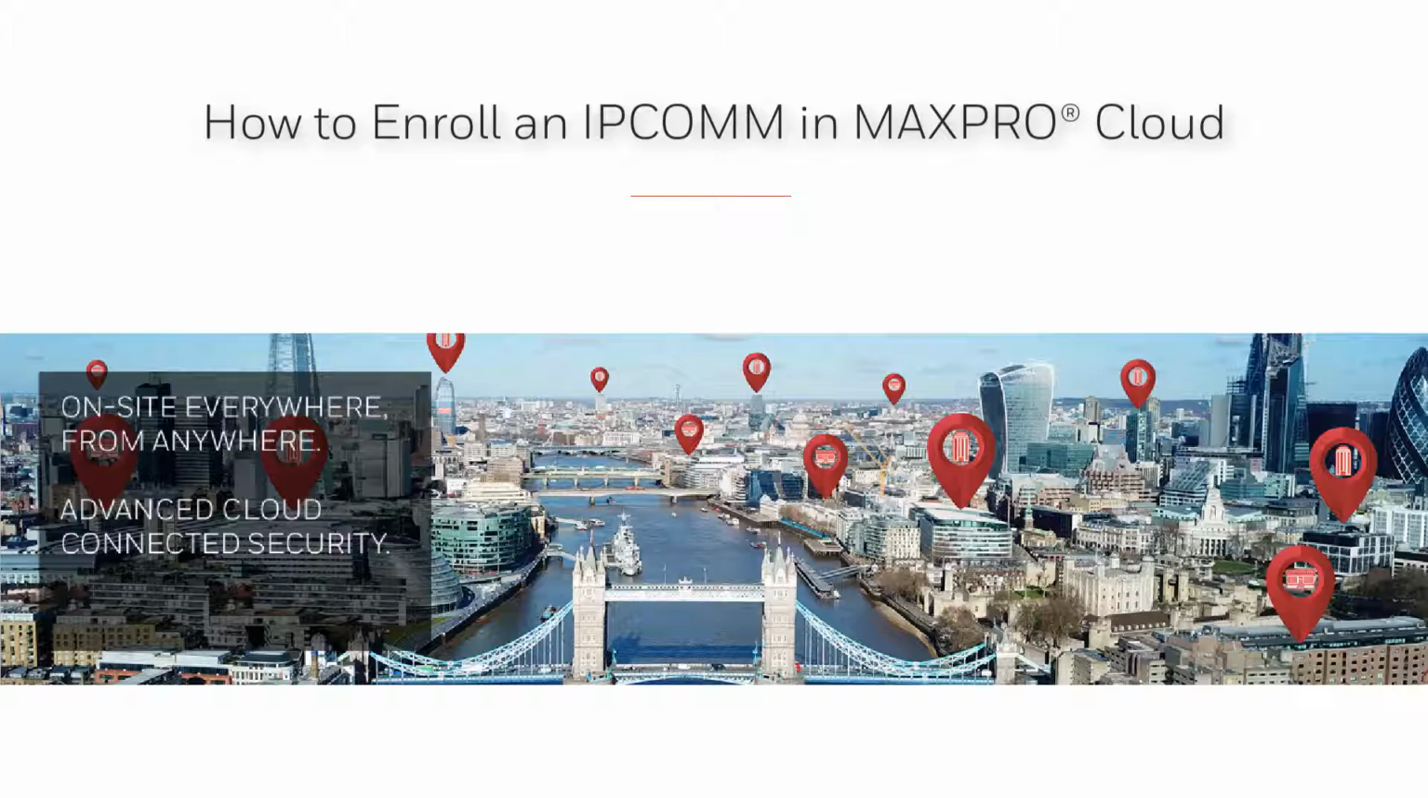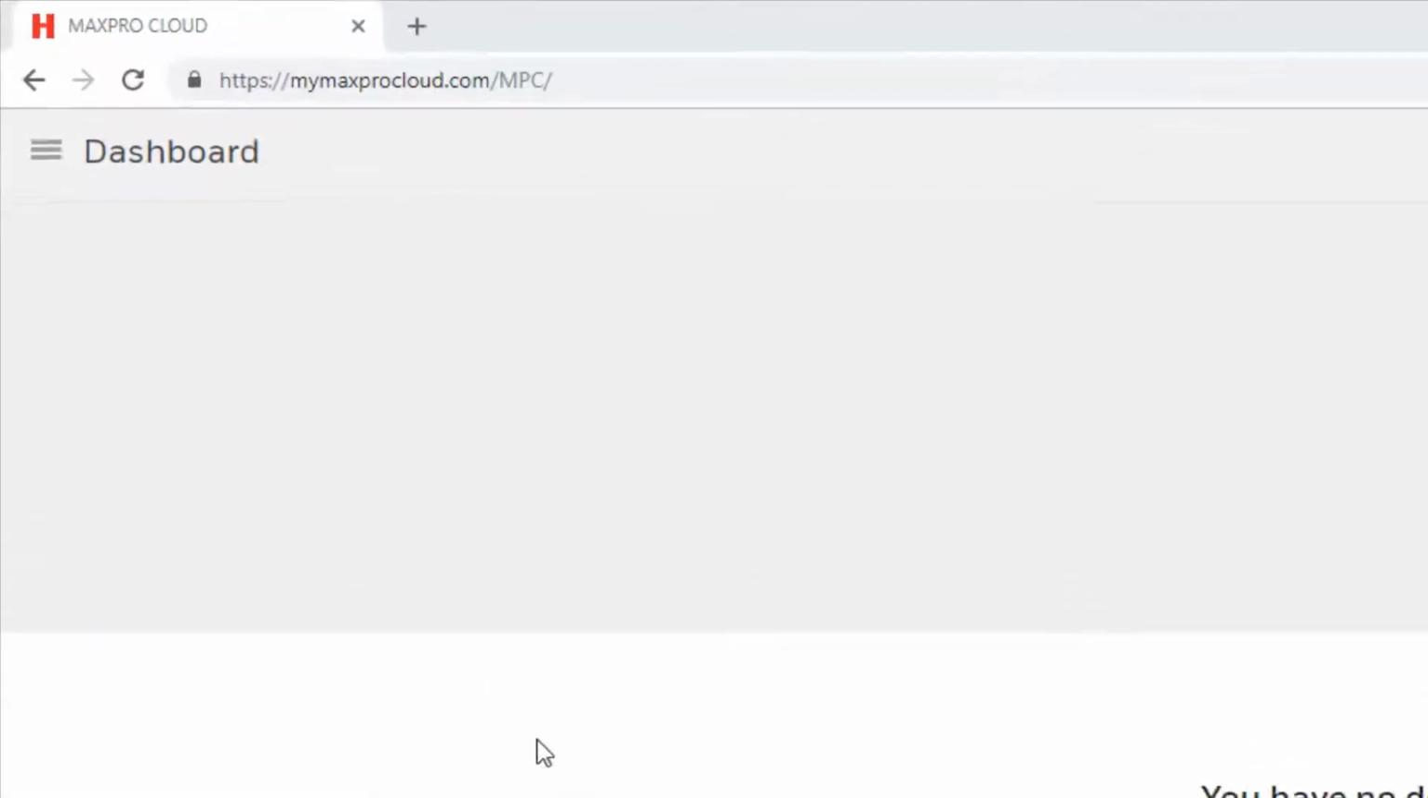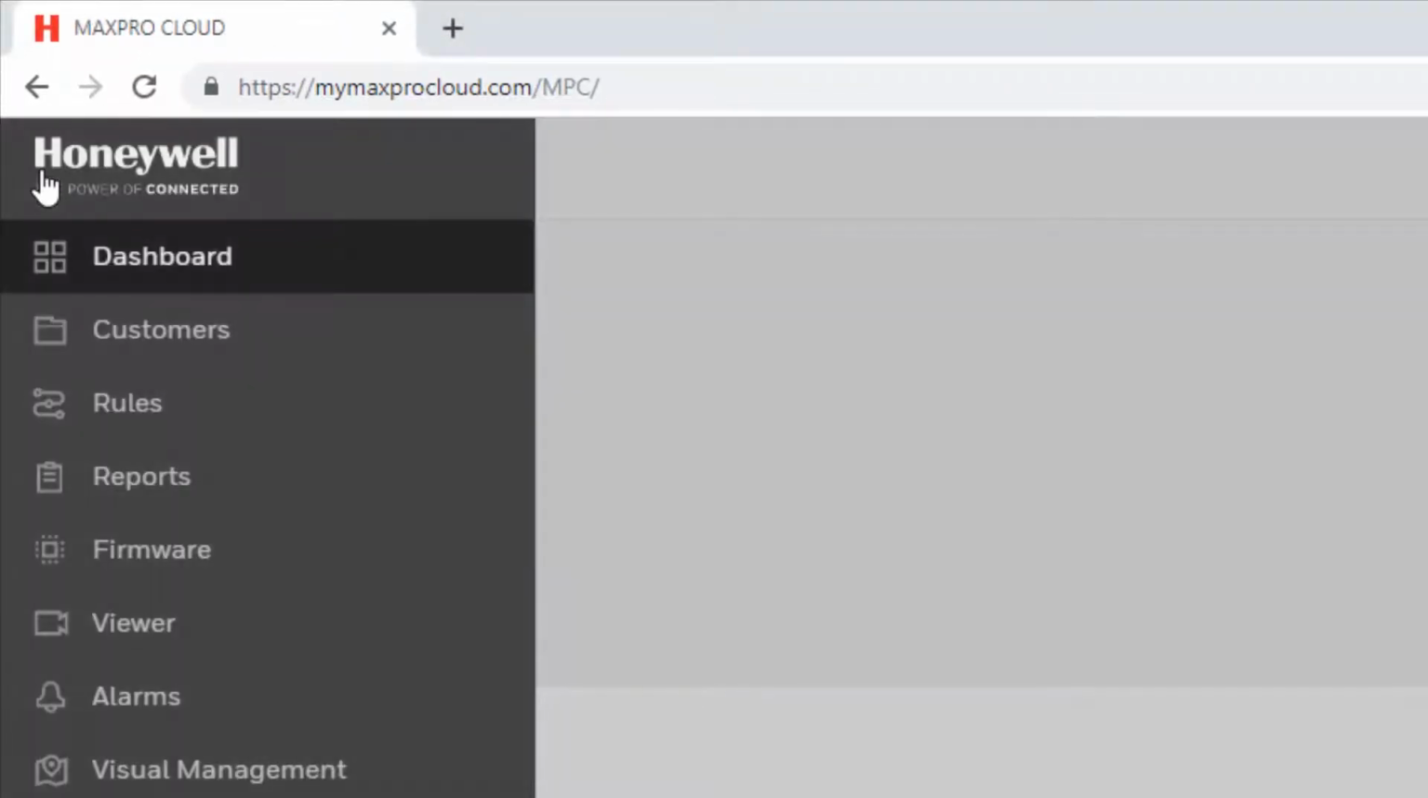In this video, we're going to cover how to enroll a Vista panel via an IPCOMM on a site in MAXPRO Cloud. To add a new Vista controller, first go to mymaxprocloud.com and log into your MAXPRO Cloud account. Once logged in, from the dashboard, select the menu icon in the upper left corner of the page and then